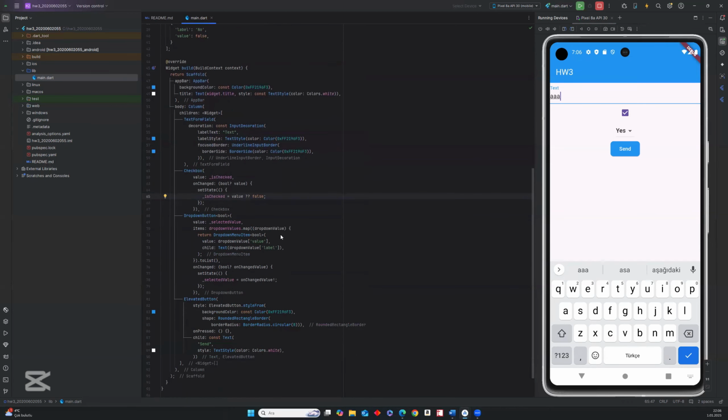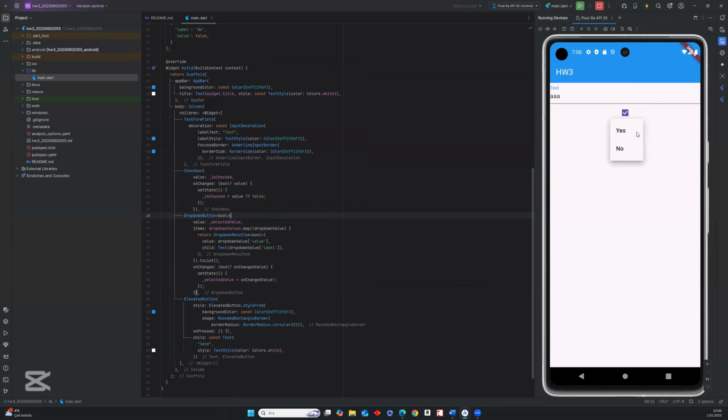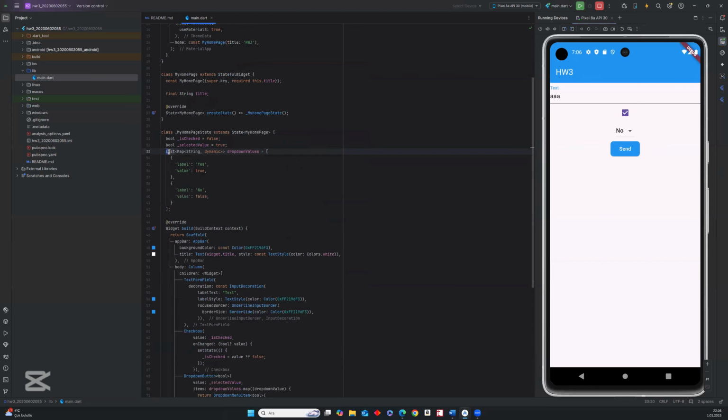Next, I add a drop-down menu offering the user yes and no options. As you can see in here, yes and no. This menu is populated from the dropdown values list map value. This is a map list. It includes label and value properties. If the label is yes, then the value will be true, and otherwise, if the label is no, the value will be false